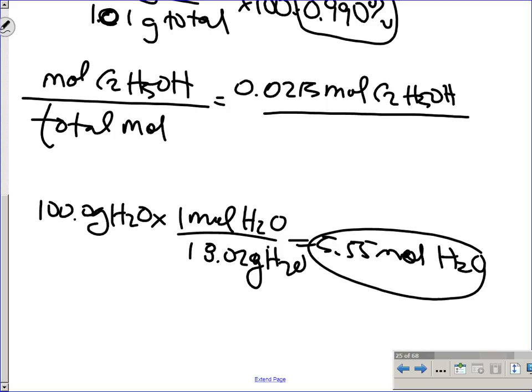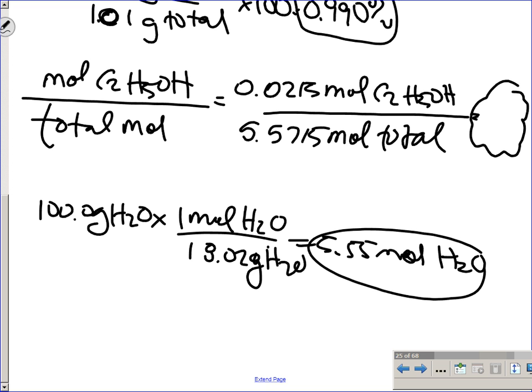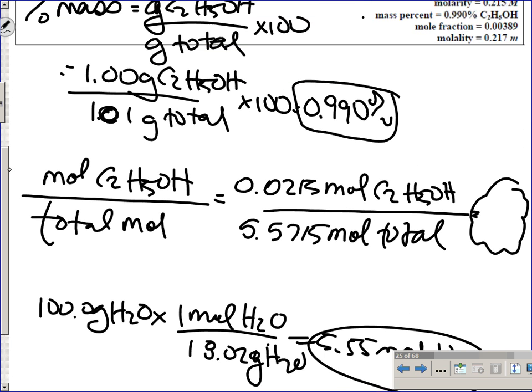So then what's this total down here, Levi? 5.55 plus that. 5.715 moles total. And what is that as a decimal? I do not know, but mole fraction is not multiplied by 100. It's just a decimal, and it's unitless as well. What is that? Okay, well, you guys can figure that part out. So that's molarity, mass percent, mole fraction,